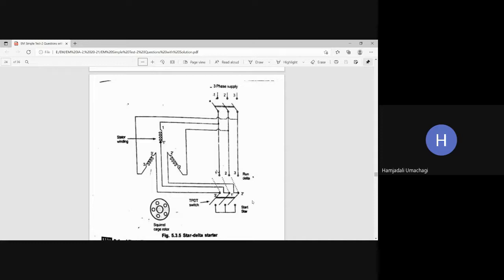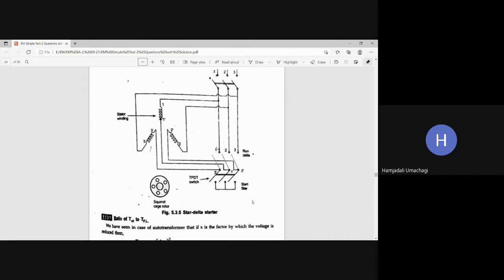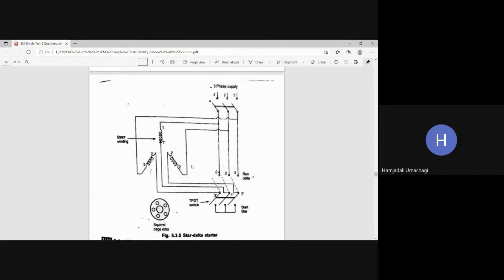Now let us see. Okay, so this is the star delta starter circuit diagram. Hope you can observe here. So this is the rotor of the induction motor, and these are the stator windings. This stator winding is supplied with the input three phase AC supply voltage. At the time of starting, it is going to be connected in star system. Star means this is the star system, where voltage is getting reduced by 1 by root 3 times. Per phase voltage will be reduced by 1 by root 3 times. So because of the reduction in the voltage, we are going to control the starting current.